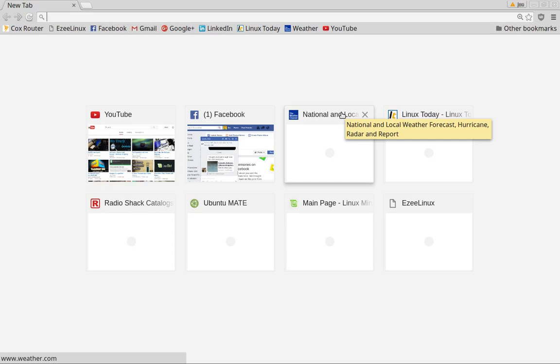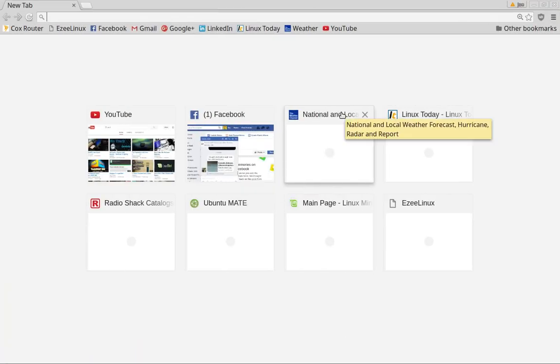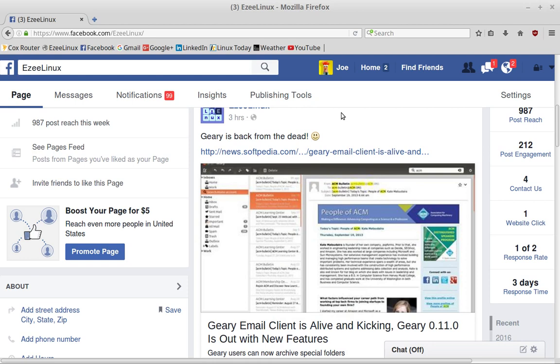Back when I ran Windows, I had all this crap on there. And I had to sit down when I switched over to Linux and have a talk with myself and say, look, you don't need all this crap. What is it that you're actually trying to do? And so, therefore, I started to look at simpler applications.